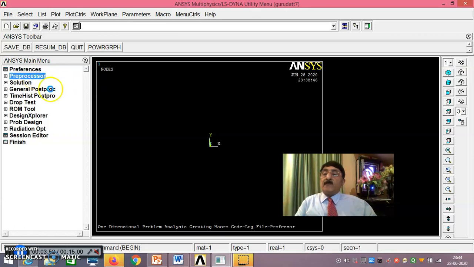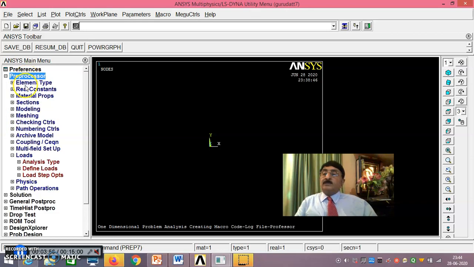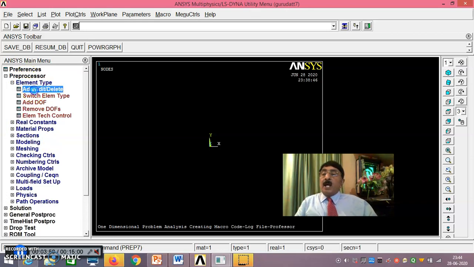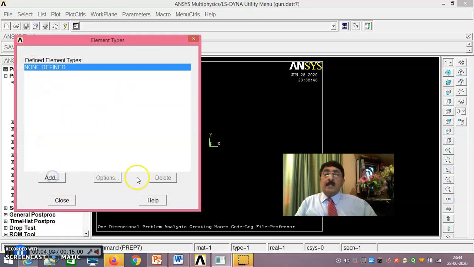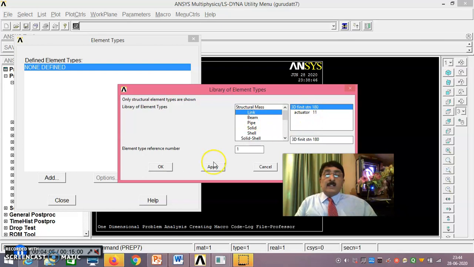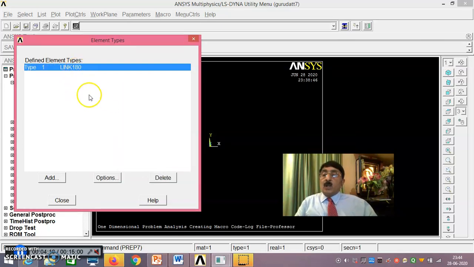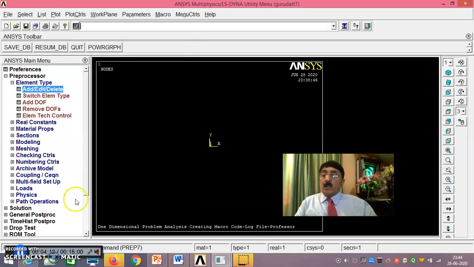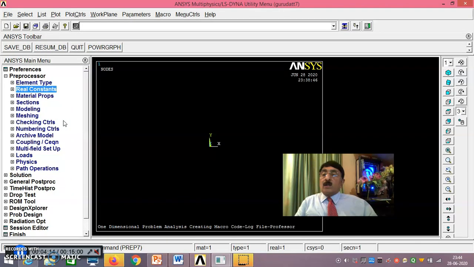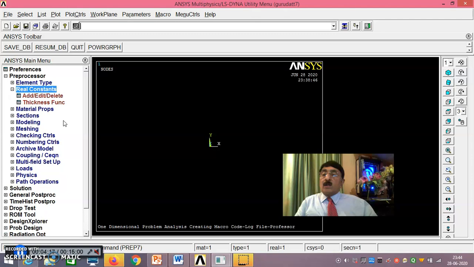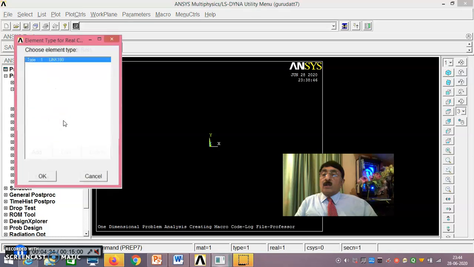Now preprocessor, element type, add, edit, delete, add, link, and the same element you take, link 180 you get. Just close. Then real constants, add, edit, delete, add.